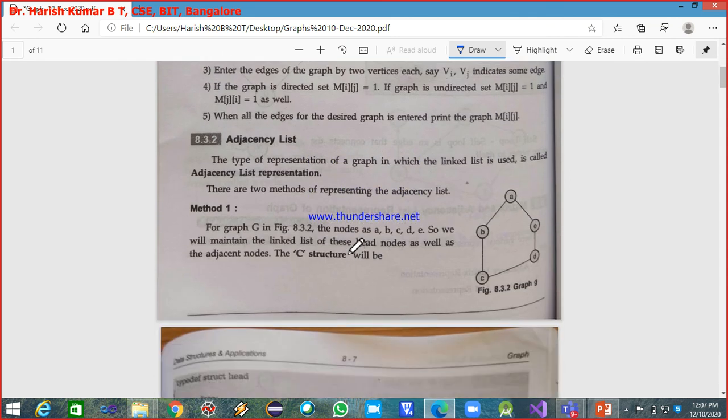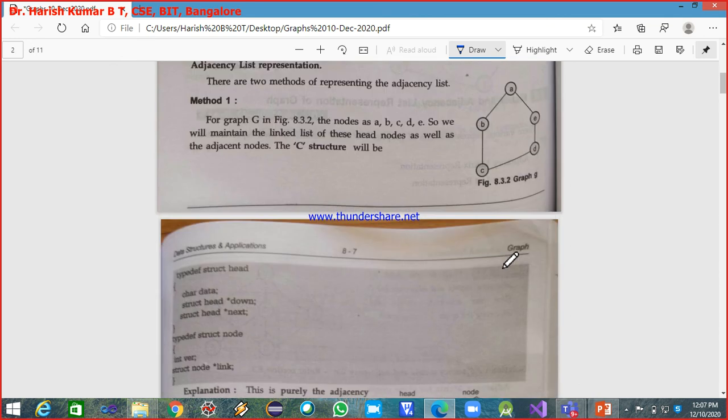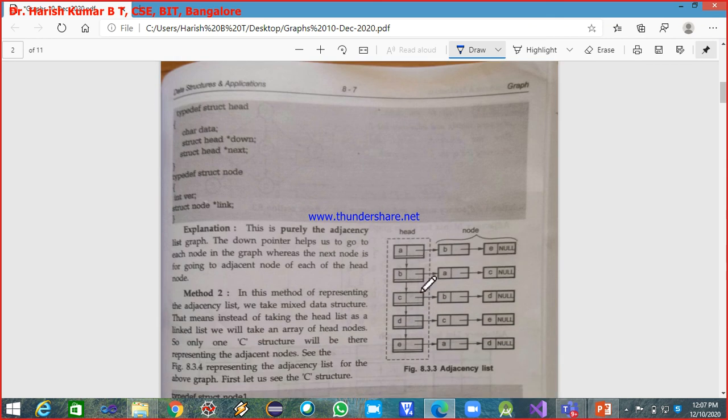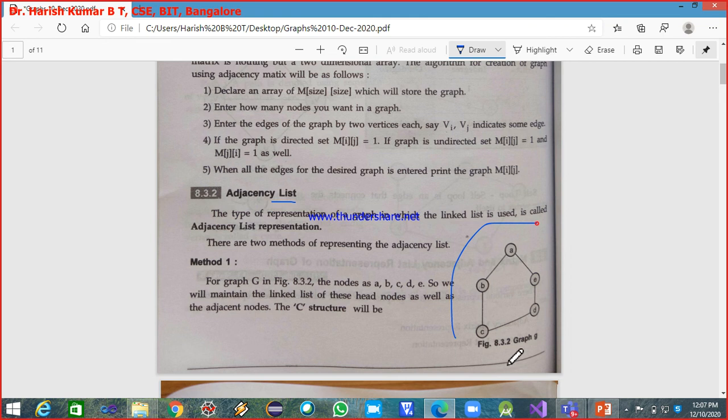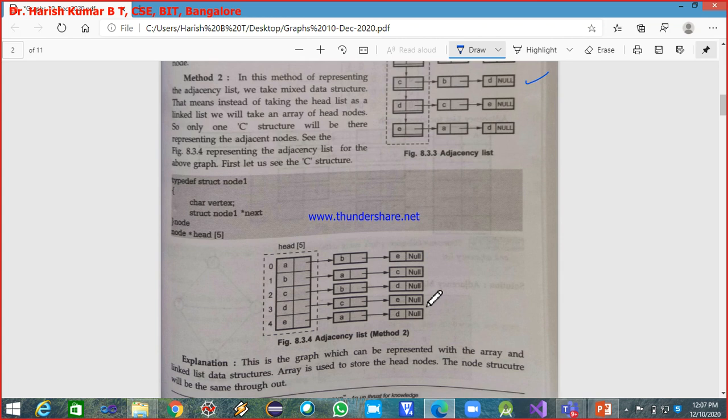The adjacency list you also understood, and this is the adjacency list for this undirected graph. Now how is it represented? You have to create a structure, a node, with one member to hold the vertex and one member to hold the address.